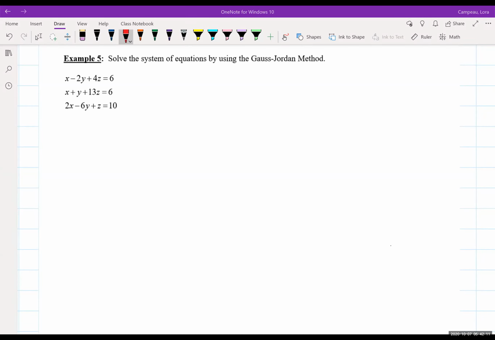All right, so now that you have a little bit of Gaussian elimination using a TI under your belt, we're going to introduce one more technique, which is kind of piggybacking on the Gaussian elimination method. We're using the Gauss-Jordan method to solve this system of equations. How is it different than Gaussian elimination? Well, technically it all is lumped into one subject of being Gaussian elimination. But more precisely, the Gauss-Jordan method takes your augmented matrix